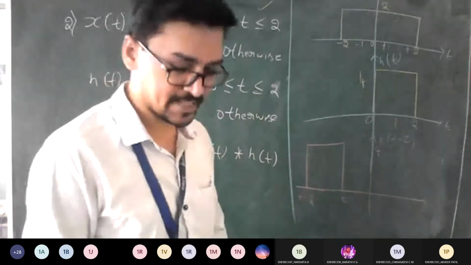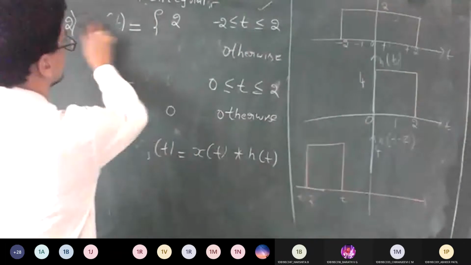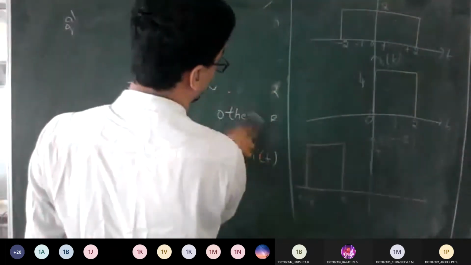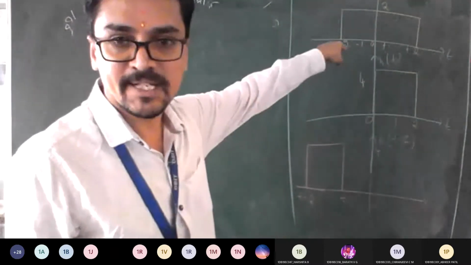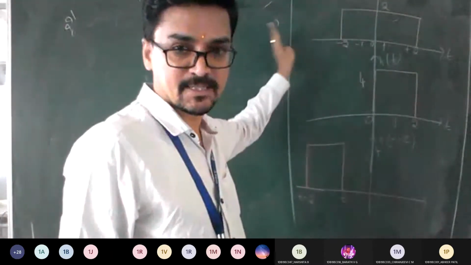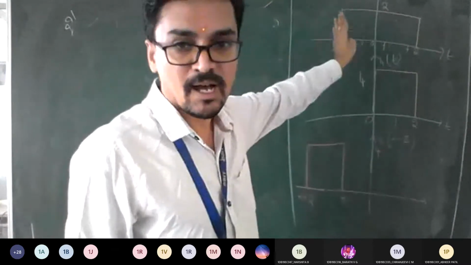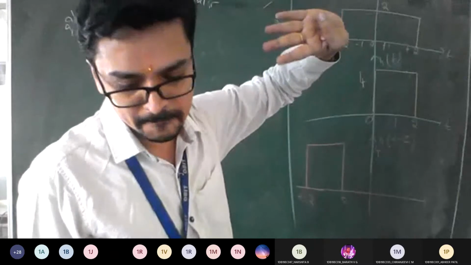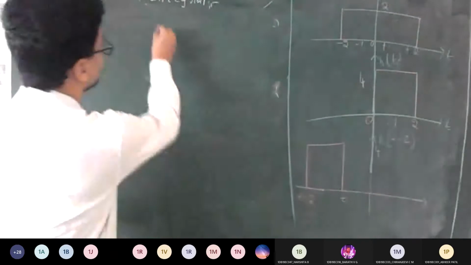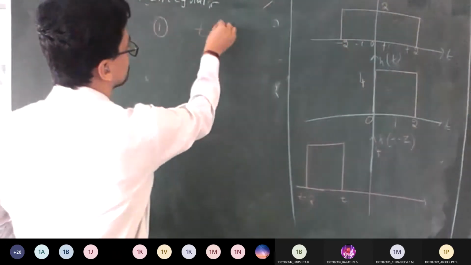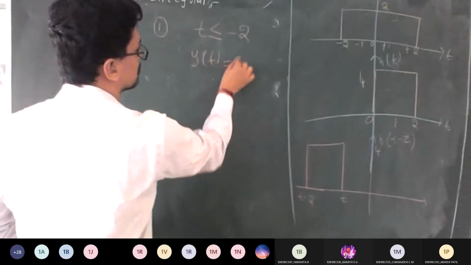So now you just tell me the different cases so that I can plot here, so others can sketch accordingly. What is case number 1, guys? Do you have any signal from minus infinity to minus 2? Check that, x of t starts at minus 2, so behind this nothing is there. If you take any signal from minus infinity to minus 2, the output will be 0. Agree? Yes, sir. Good. Case number 1: if t is less than or equal to minus 2, you get y of t equal to 0.